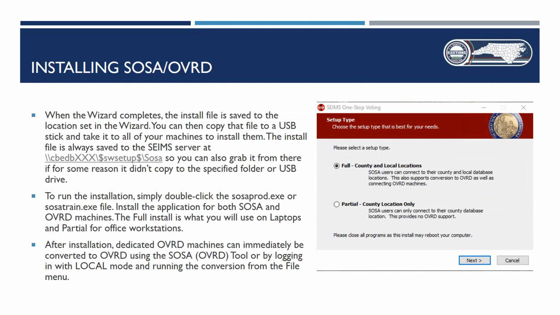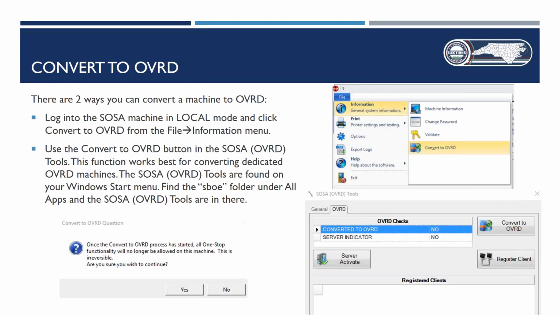The SOSA OVRD tools can be found under your Start button, and then there's an SBOE folder, and you'll see SOSA OVRD tools in there. You launch it, you would click the OVRD tab, and then there's a Convert to OVRD button. And I think that's the easiest way because you don't have to log into anything. You just launch an app and convert it. And then, of course, once you've got it all installed and converted to OVRD, once you log in, it's going to ask you to,